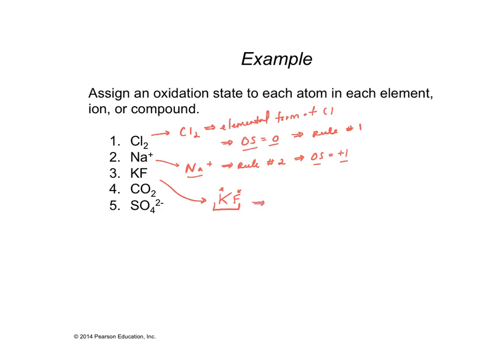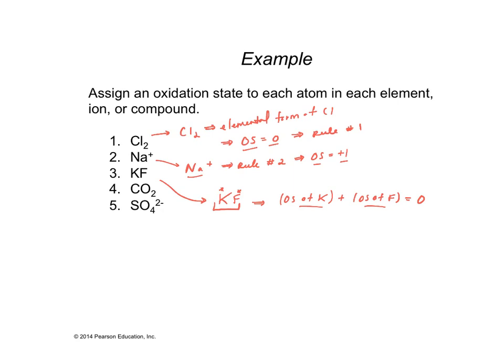So what this tells us is that the oxidation state of potassium plus the oxidation state of fluorine has to sum to the overall charge of this compound. This guy is just a 0, right? It's a neutral molecule, so these guys have to sum to 0. Alright, so that's rule number 3, essentially. Rule number 4 tells us who we get to assign first between potassium and fluorine. And then the other thing is always just going to depend on the thing that we get to assign first,